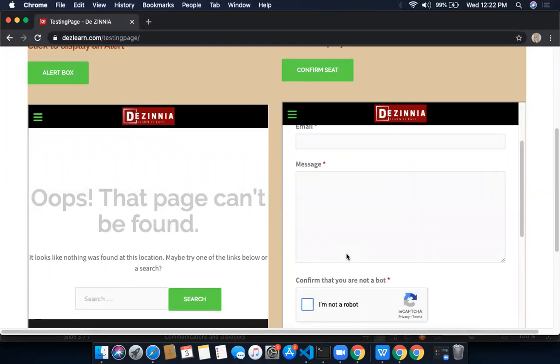And if we have any iframe inside another iframe, that is termed a nested iframe. So we have one nested iframe here. This is an iframe inside this iframe. So basically this page has three iframes: two parent iframes and one nested iframe.